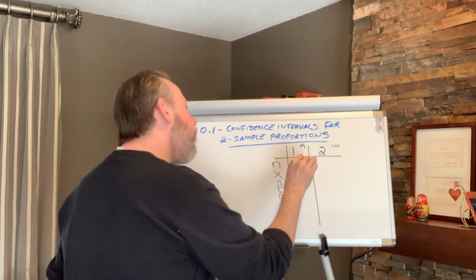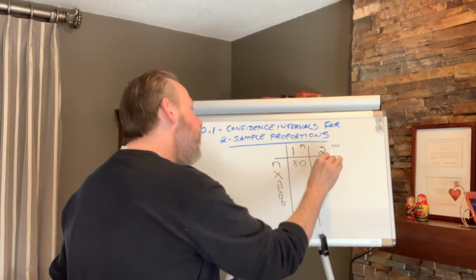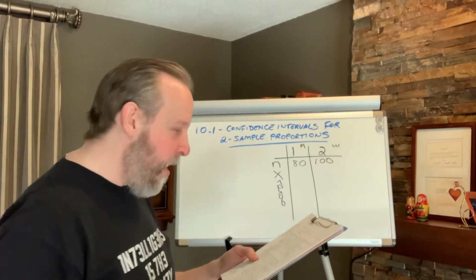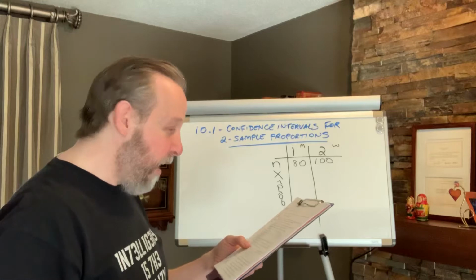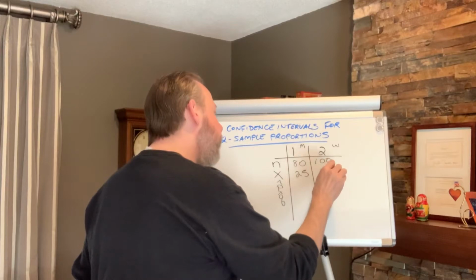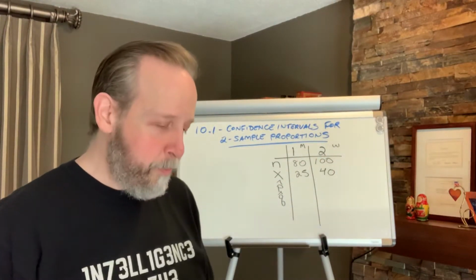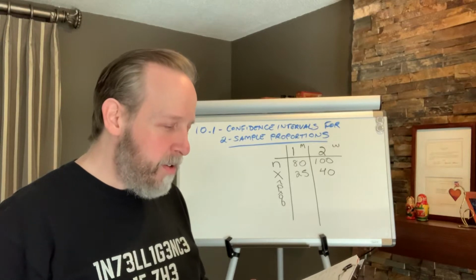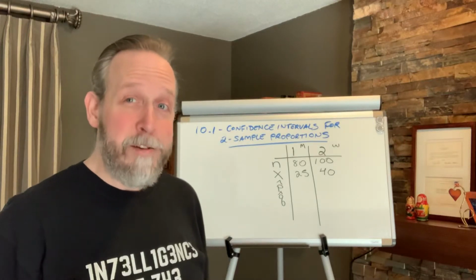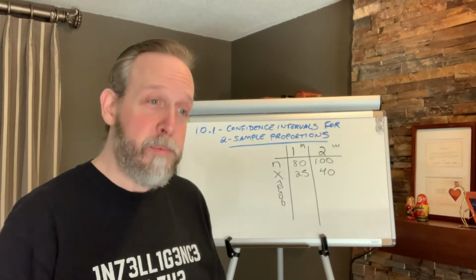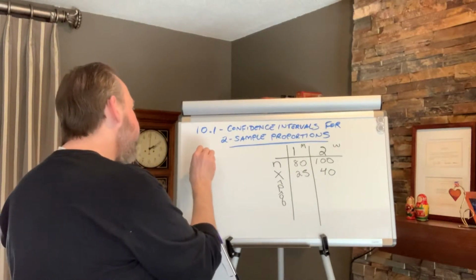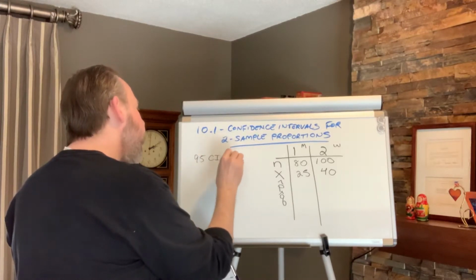We have 80 men and 100 women. So the first bit of info goes in the grid. We find that 25 men and 40 women will actually like to watch reality TV. So that means that 25 of the men and 40 of the women said, yes, we watch reality TV. We want to find out if there's actually a difference between the two populations. So the request here is to make a 95% confidence interval for the population proportion that will differ, okay? So we're going to make a 95% confidence interval for